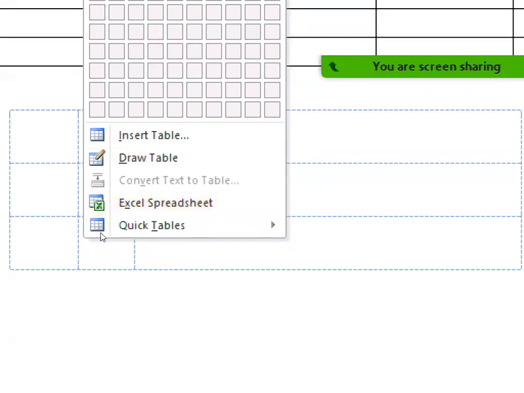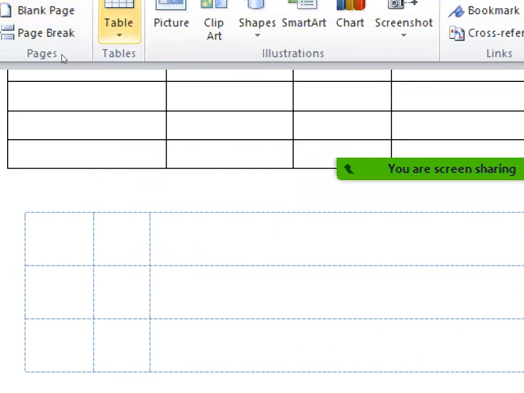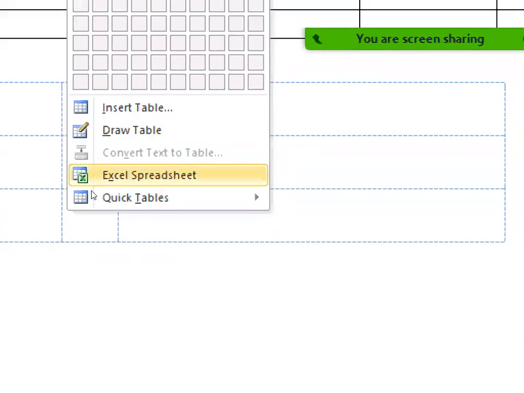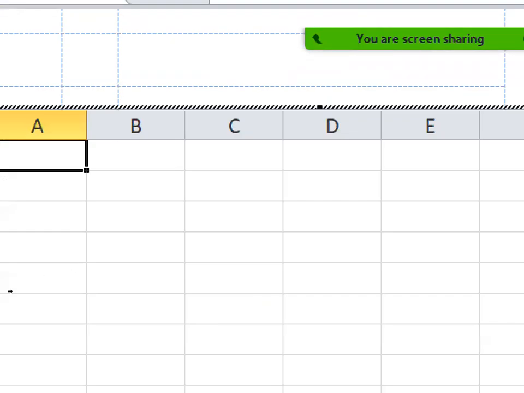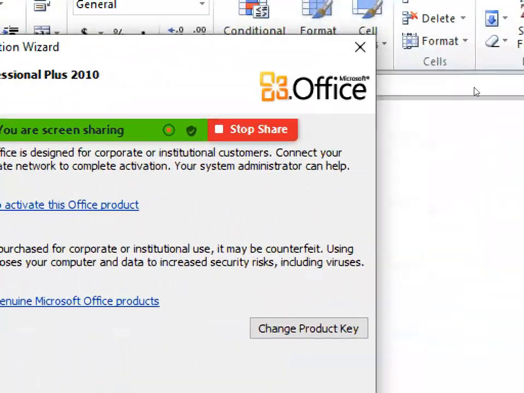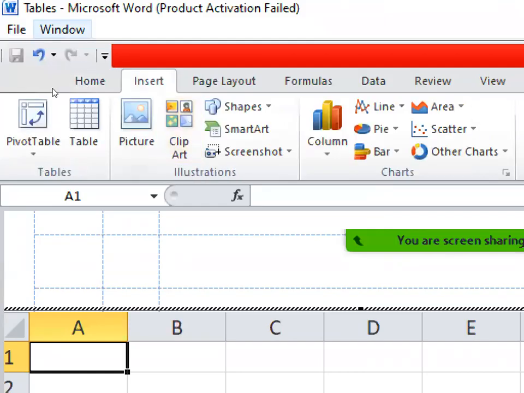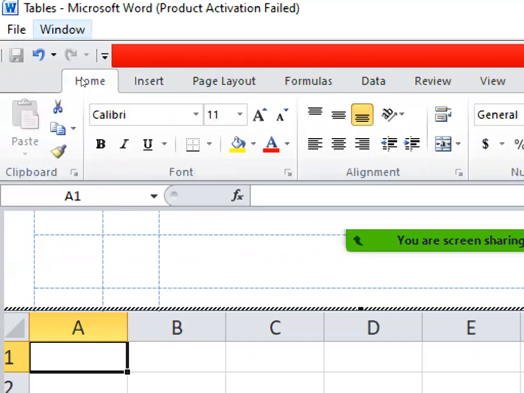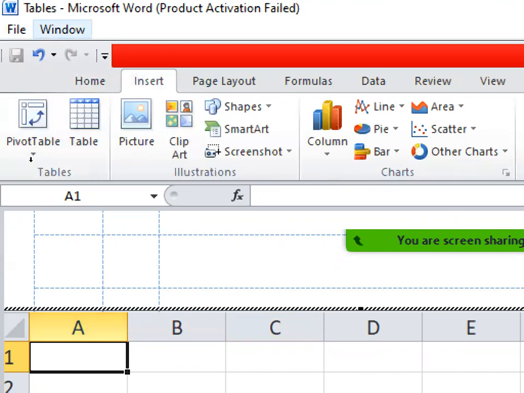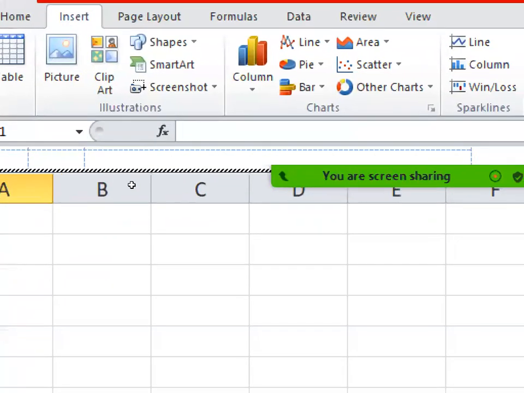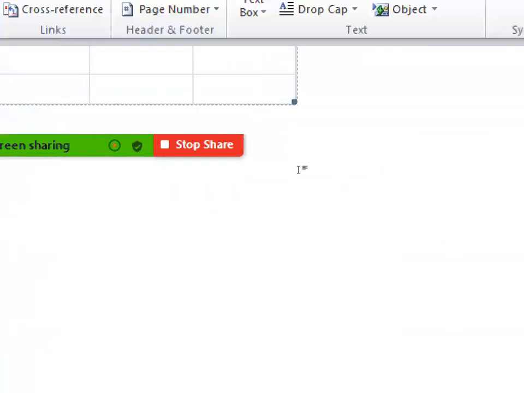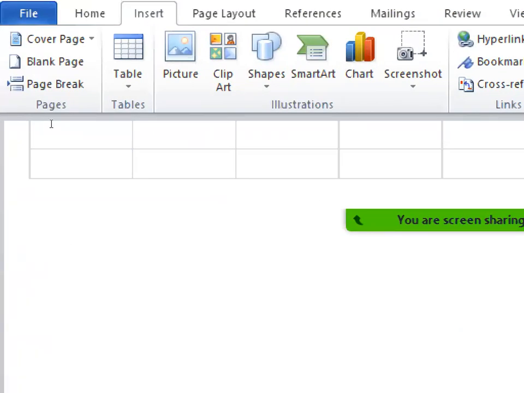So we can go to the table option and select Excel spreadsheet. An Excel sheet will appear here. We'll be discussing Excel sheets in more detail, but I'm just giving you the options that are present in this table group. Are you getting it?